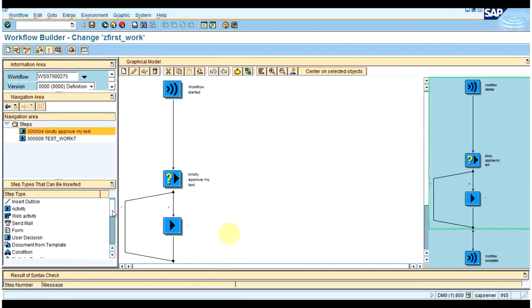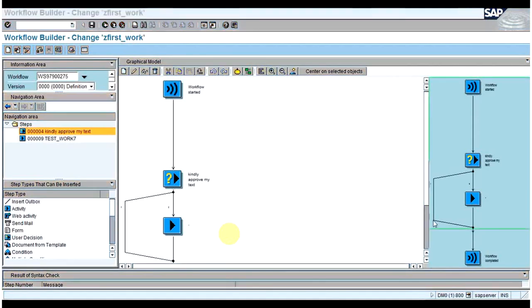Once you click on this user decision step, one task ID is there. You can see TS00008267. So this is the standard task ID which is provided by SAP. When you double click on this task and go to the description tab,